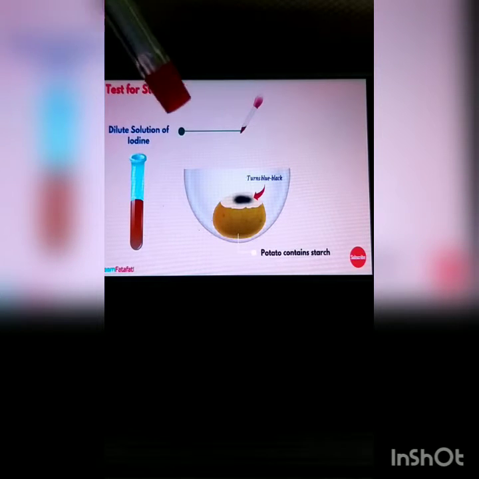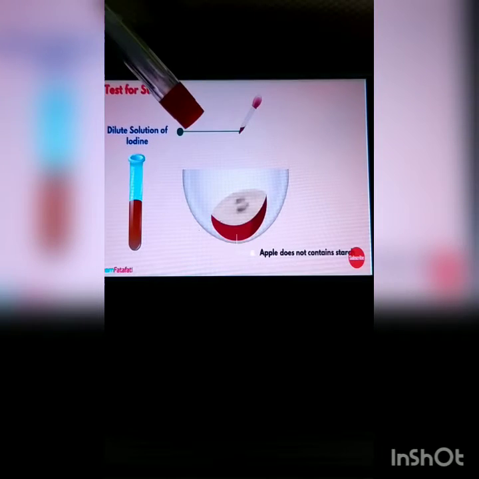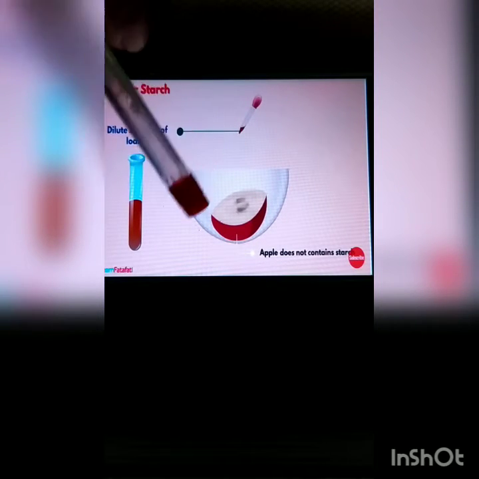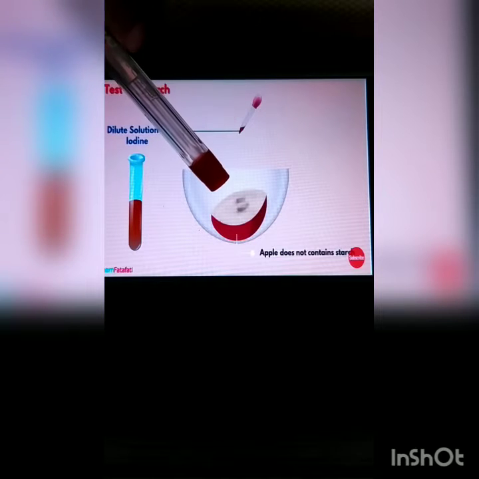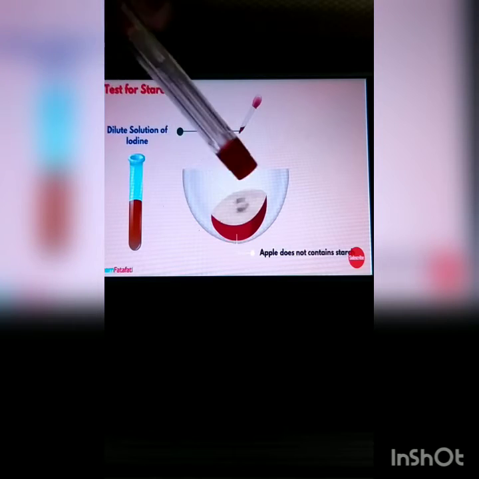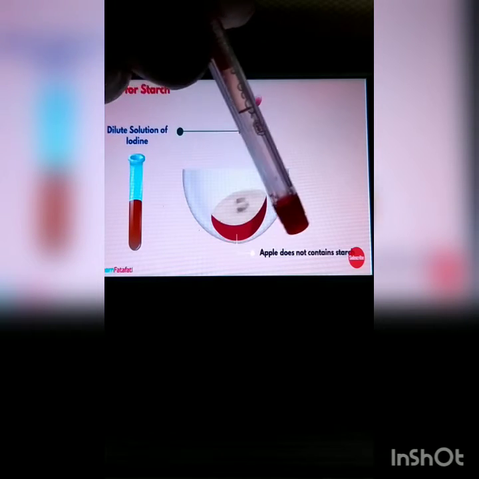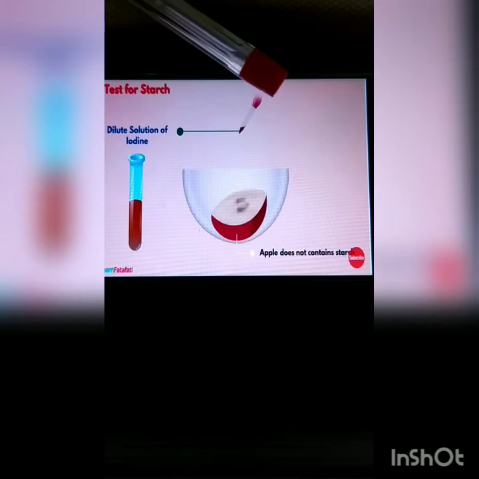Here we have done the same procedure with the apple, and we added 2 to 3 drops on the apple, but it has not turned blue black, which means this apple does not contain starch.